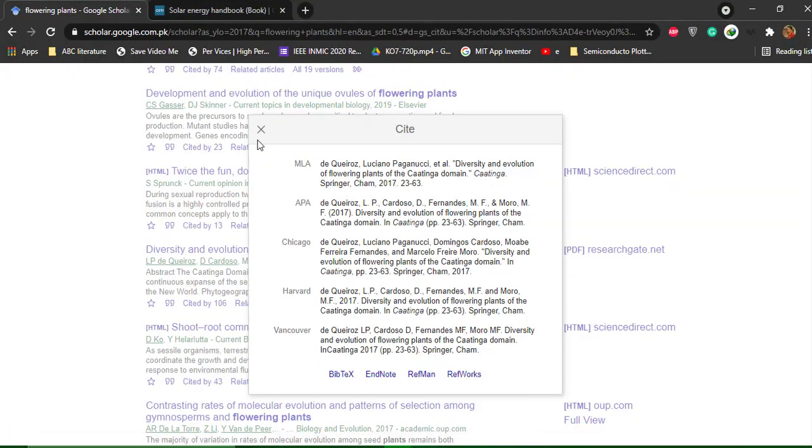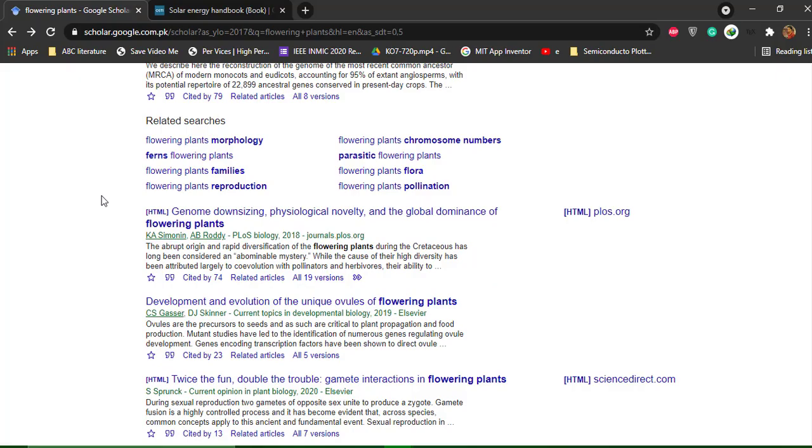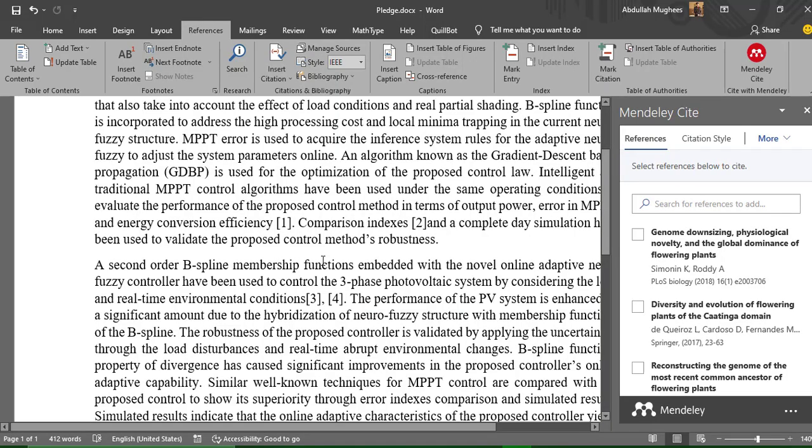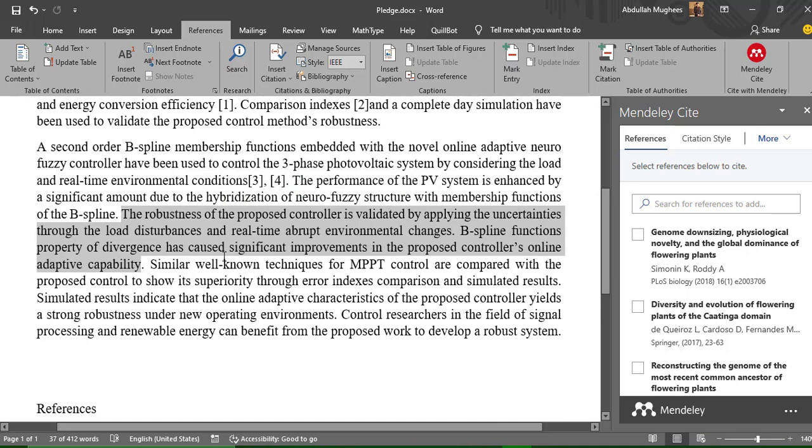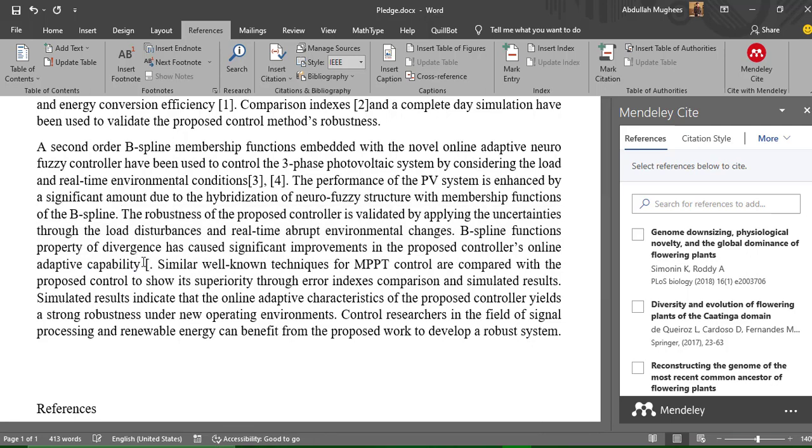I'm going to take 1 or 2 minutes to explain which reference defines which thing and where to put them. For example, how do we know where to put the reference number? For example, this sentence I took from some research paper or a book, so I'll have to put the reference number at its end if the reference number does not suit in the sentence. For example, I could write in, for example, 6 is the reference number that from where I took the data,